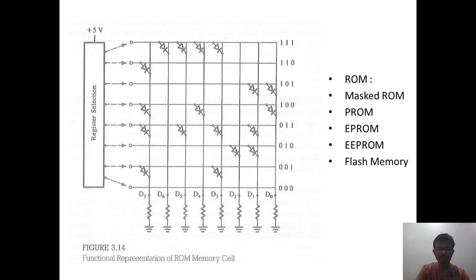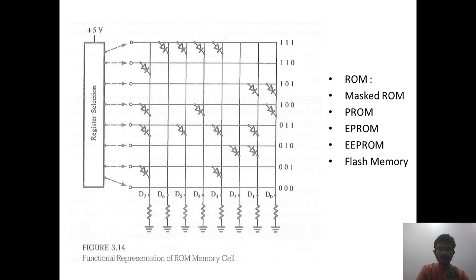Each of the 8 horizontal rows can be viewed as a register with binary addresses ranging from 000 to 111. Information is stored by a diode in the registers. The presence of a diode stores 1 and its absence stores 0. When a register is selected, the voltage of that line goes high and the output lines where diodes are connected also go high. For example, when the memory register 111 is selected, the data byte 0111 1000, or 78 in hexadecimal, can be read at the data lines D7 to D0.